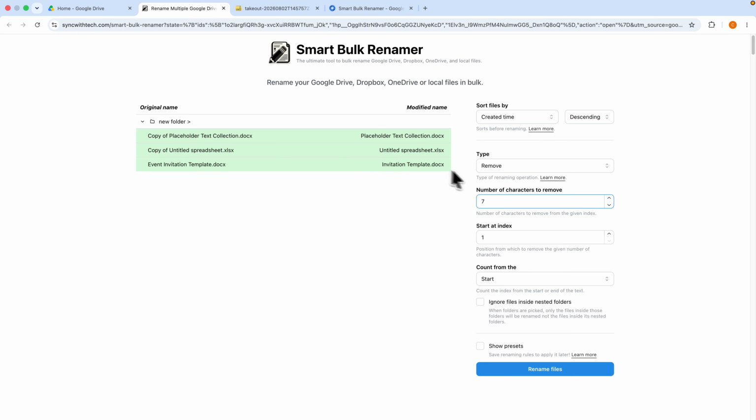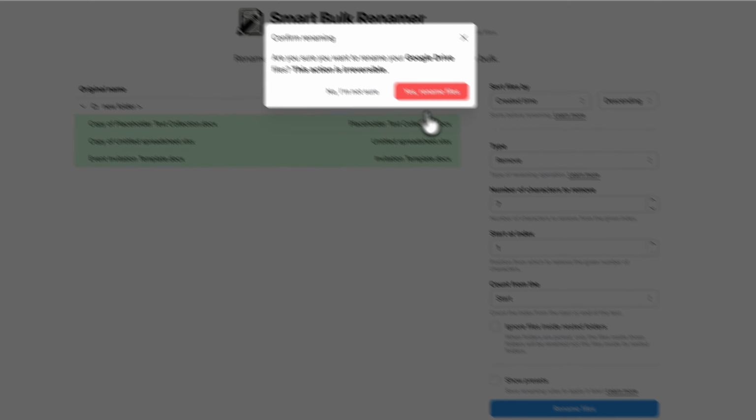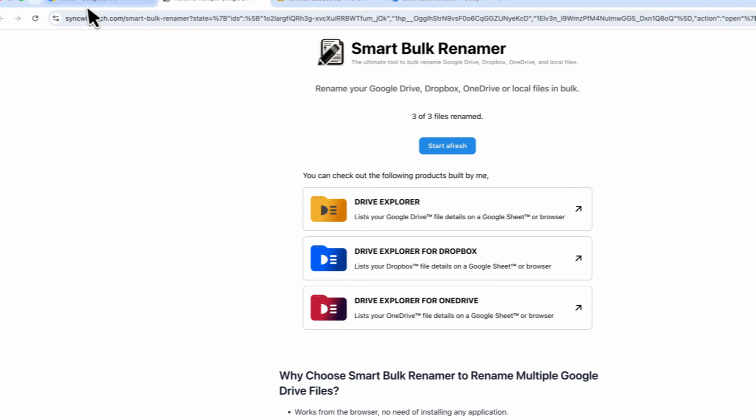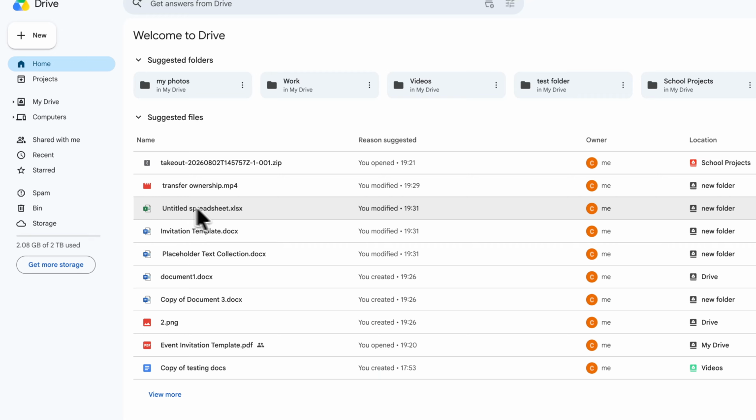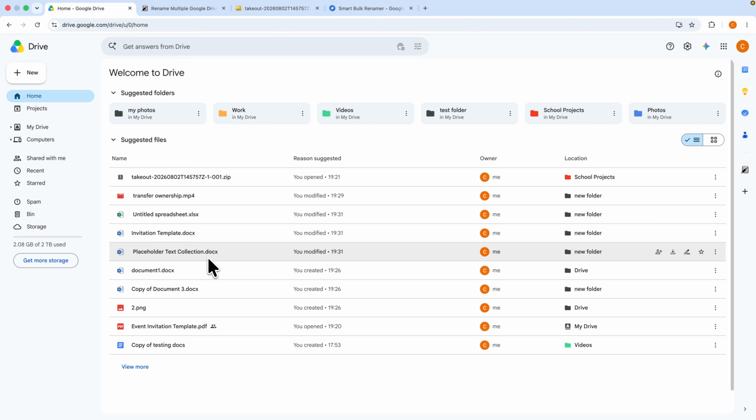I also added by mistake this other document, but it doesn't matter. You will click on rename files and it will basically remove this copy of, and that's it. So this is basically how you can unzip